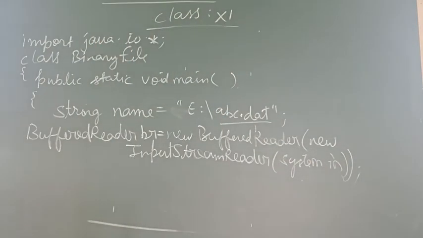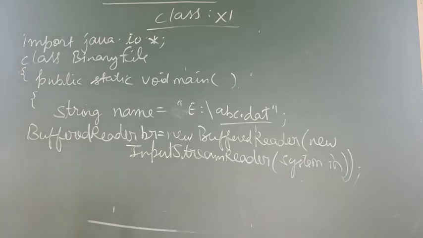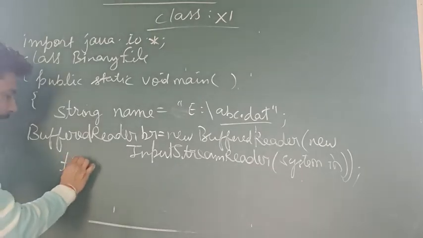Okay, this is how we created our object buffer reader. We are also new buffer reader, new input system reader, with System.in. Now we will start our writing purpose. Suppose we have to write some names. I will just write the names of some of the students in our file. Now this much you have to do, and that part will be in our try.